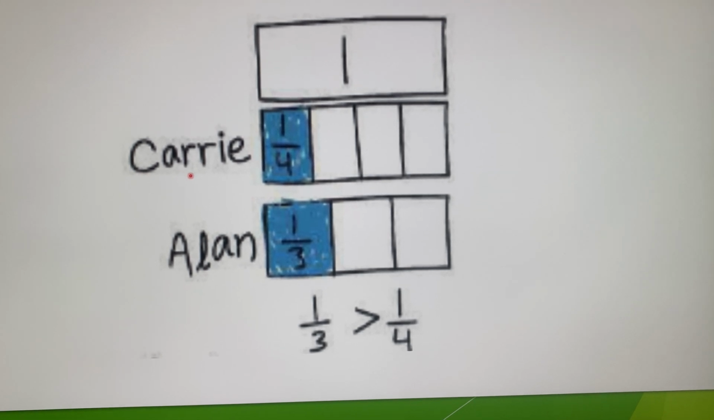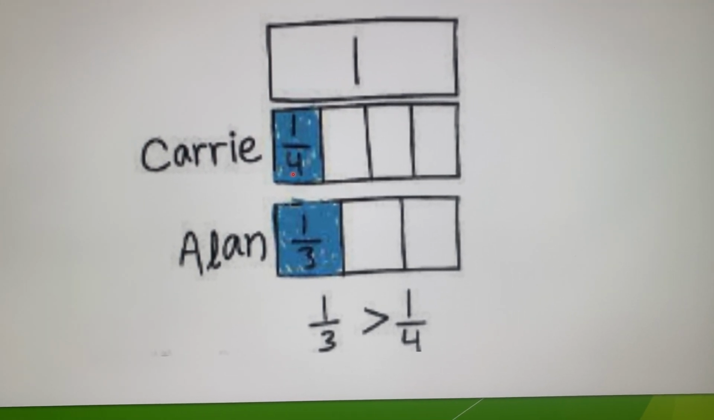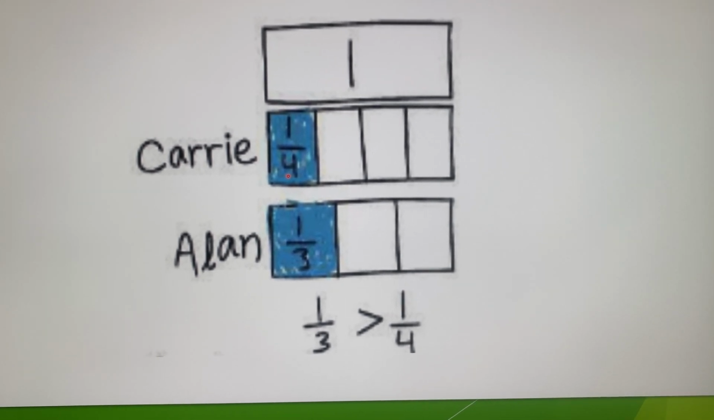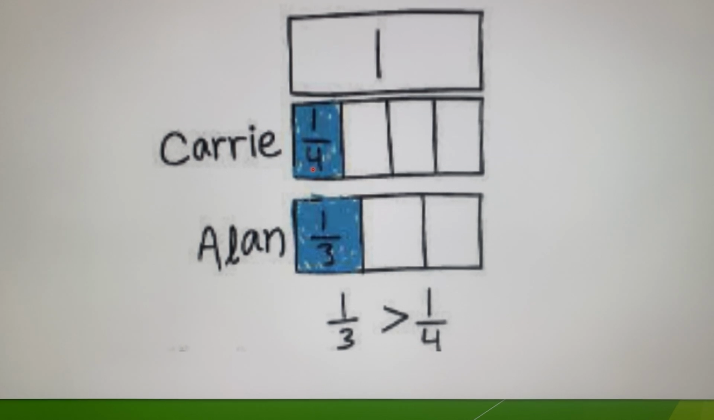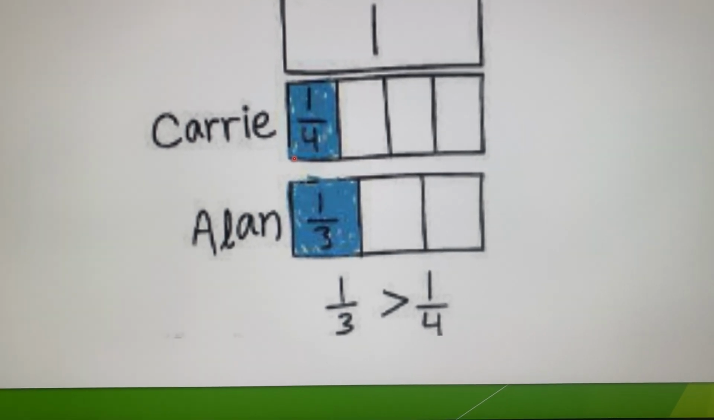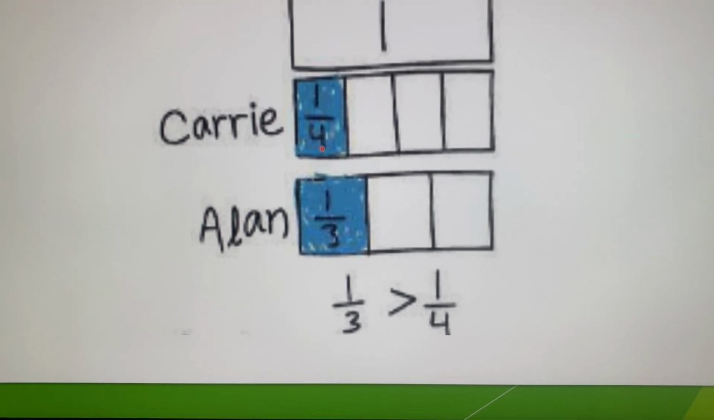Now here's a model for Carrie. Carrie ate 1/4 of her vegetables. First of all, they have the same whole. To compare, we must have the same size of the whole. So here,